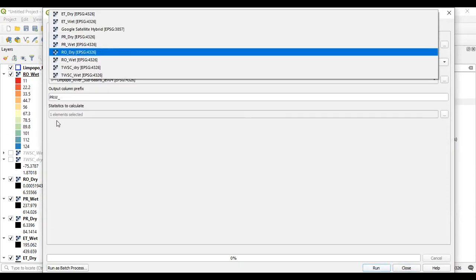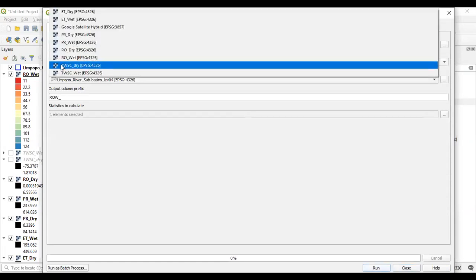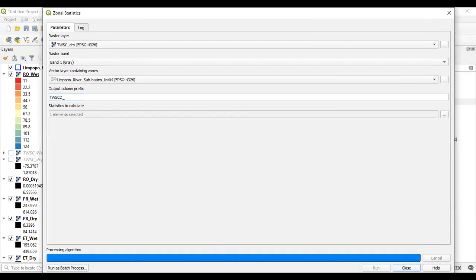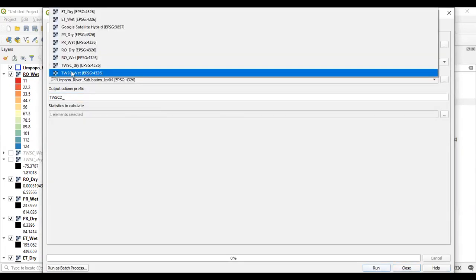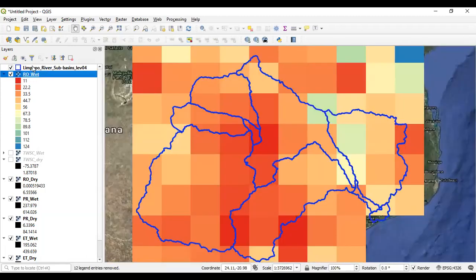Then next is runoff for dry season. So I will select runoff for dry season, then click Run. Then runoff for wet season. I will change the output prefix to runoff for wet season and click Run. Then I will go to terrestrial water storage change for dry season. I just change the prefix here to terrestrial water storage change for dry season. Then I will click Run. Then I will finalize with terrestrial water storage for wet season. And I will also change the output column prefix. Then click Run. So we have completed, and all the outputs you will find under this Limpopo River Basin attribute